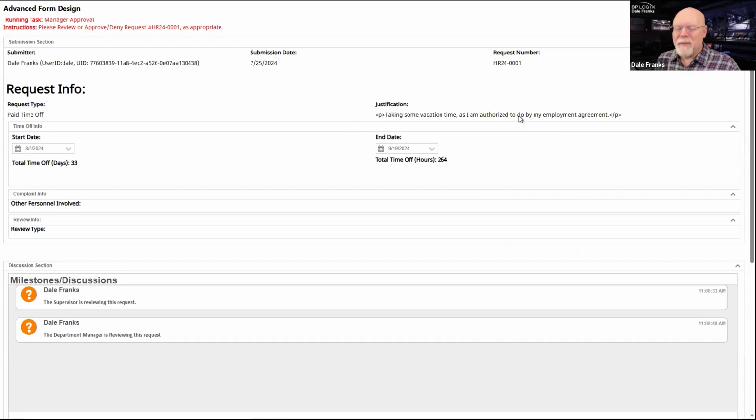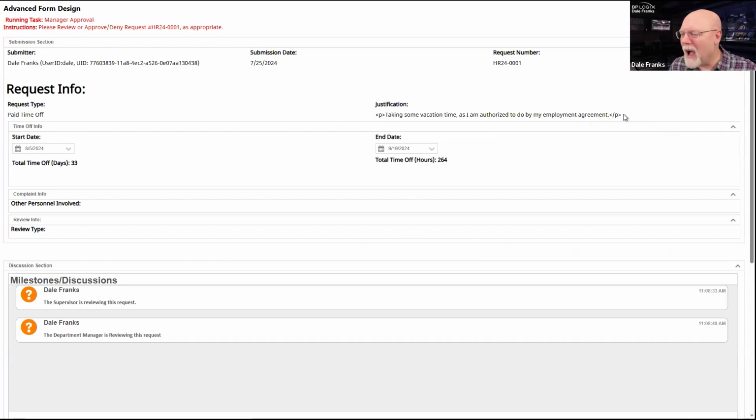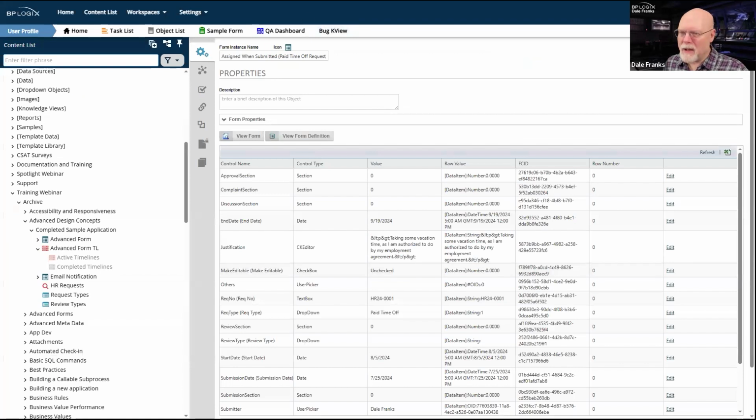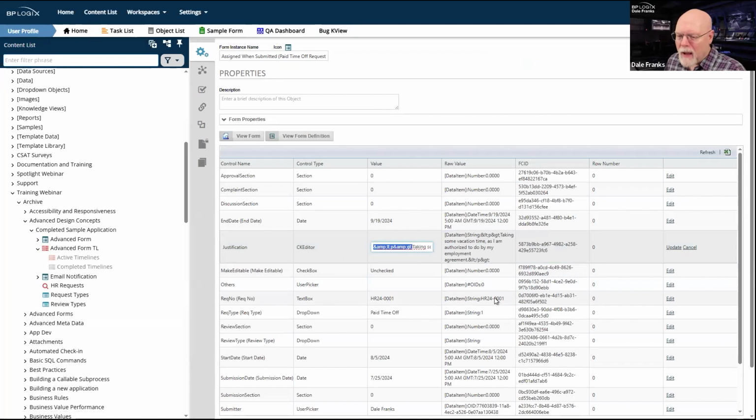Now, I edited the text editor. Probably shouldn't have done that because it's now going to save my HTML as literals that I don't want. So what I'm going to do is I'm going to go back. Let me close that form. I'm going to go back. I'm going to re-edit. And I think it's going to sanitize it. So I don't even think I can manually put the HTML back in.